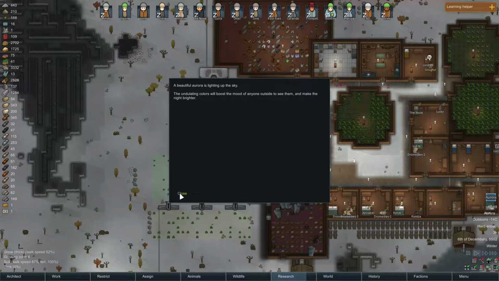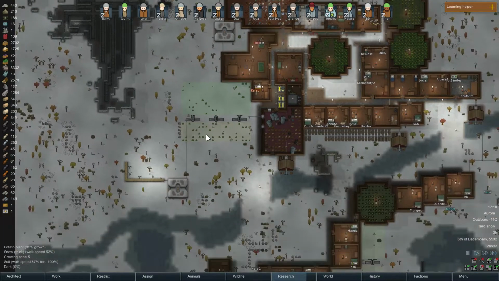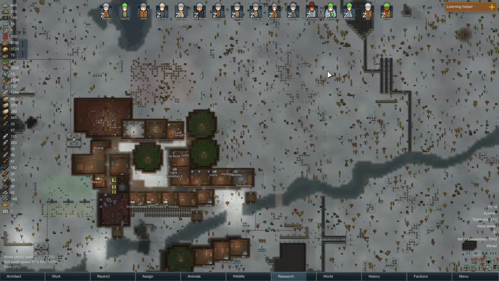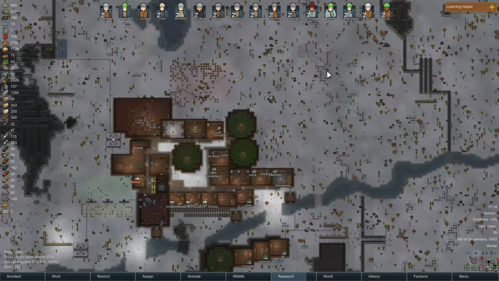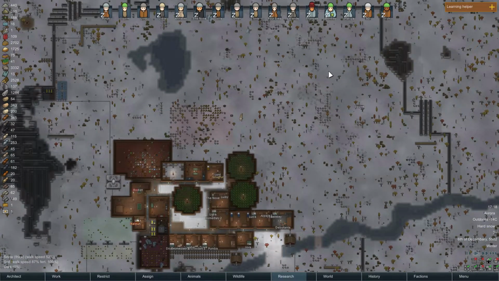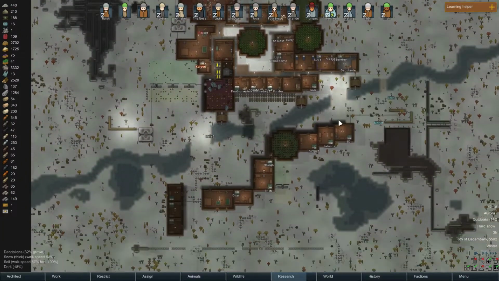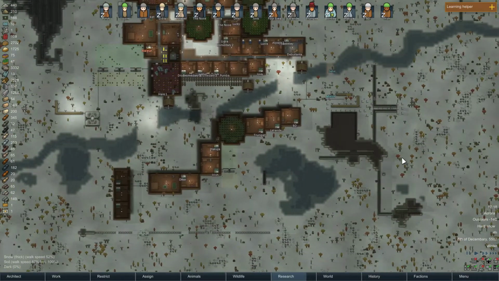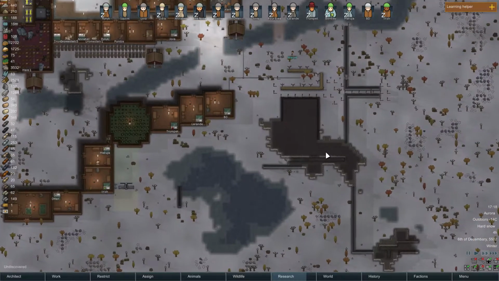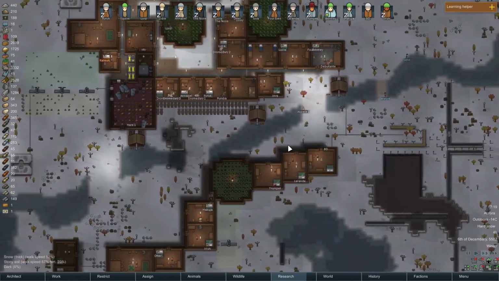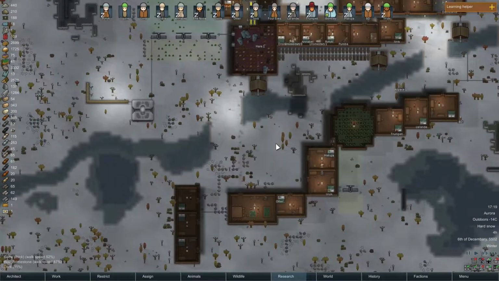Well, that's a pretty beautiful aurora. It's lighting up the sky. Hooray. See it if I zoom in. Sort of. Some nice little color change. Well, I can also speed them up and make them move a little faster because why not? Let's make time move a little quicker. I'm sure you wish you could do that in the classes that you take. Everybody gets bored occasionally. We're all people.